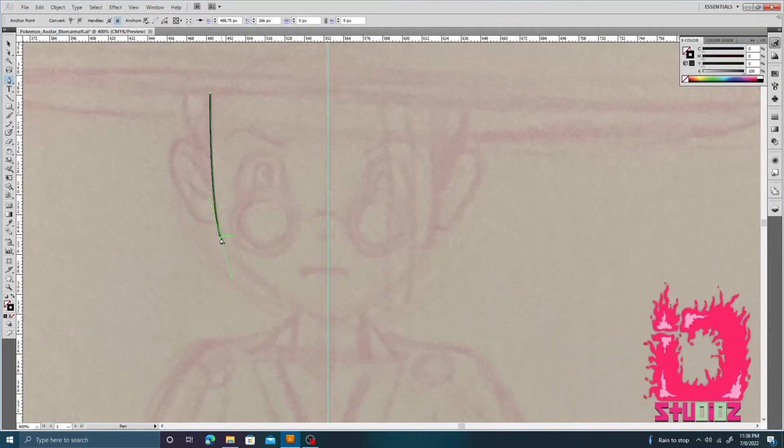Then I'm going to click this square right here so that the line has more flexibility now. So now I'll come over here and give it a little twist. Come down to the hard part, and there you go. It's still not